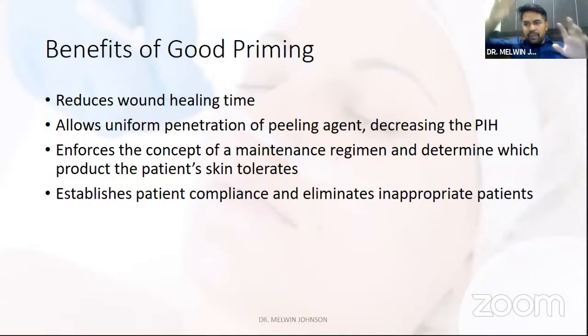Supposing you have planned a yellow peel, that is a moderate to deep peel, or a phenolic peel, or Cosmelan, then 1 month before, I start doing mild peels on the skin to see if there is any kind of reaction. Also, it develops a kind of bond between you and the patient. And while doing that, you will understand how much tolerance the patient's skin has. Also, you get some level of understanding